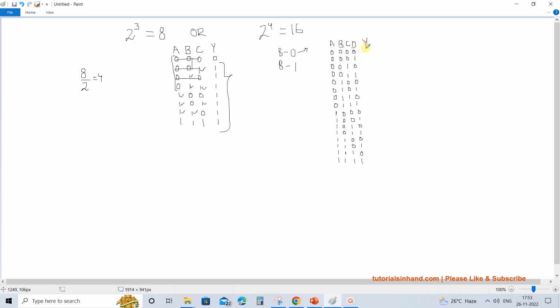And now the output is pretty simple. Where all the inputs are 0, the output is 0. Otherwise we see that all other combinations have at least one input as 1. So all other combinations will produce output as 1, because you can see that all of them have at least one of the inputs as 1, and that is why all these combinations are going to produce the output as 1. So this is how you can plot the 4-input truth table for the OR gate, right?